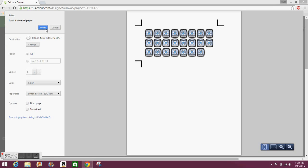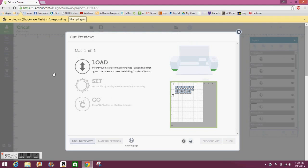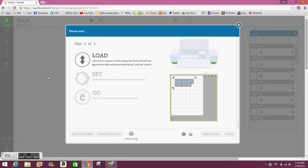Okay, so I'm going to click print. And my printer is printing. Okay, so once it finishes printing, it says you're going to load the material on the cutting mat. So when that finishes printing, I'm going to take it, put it on the cutting mat,